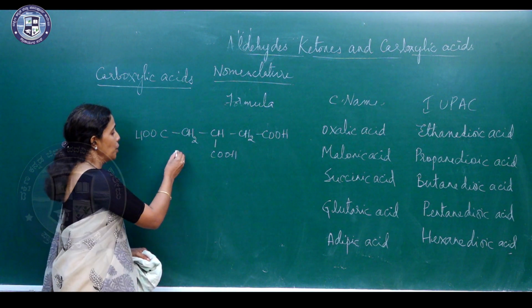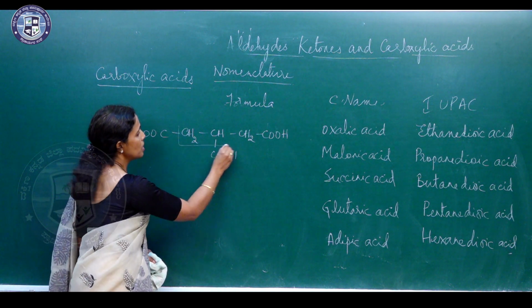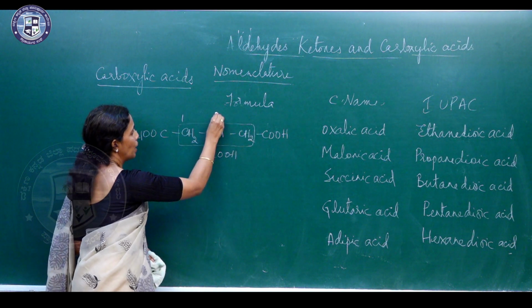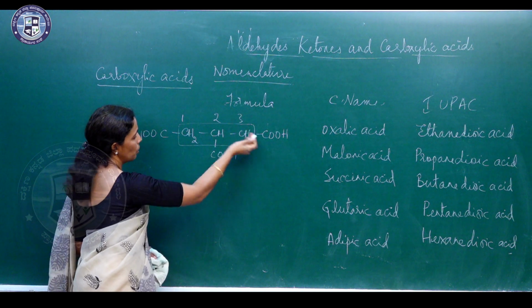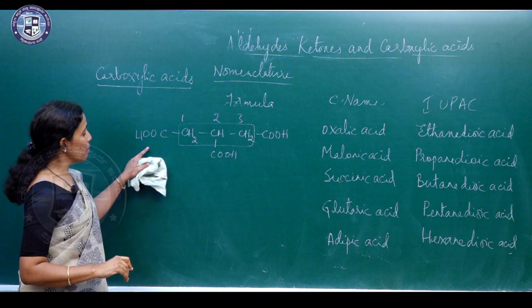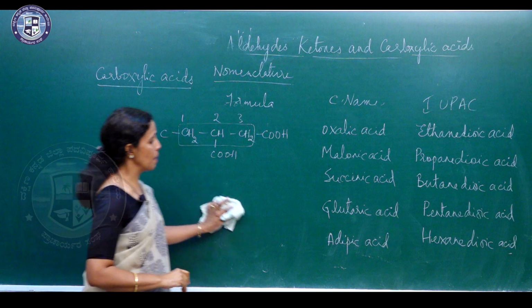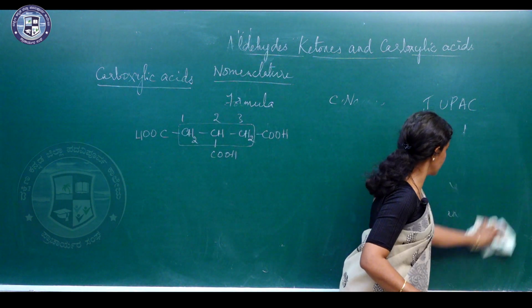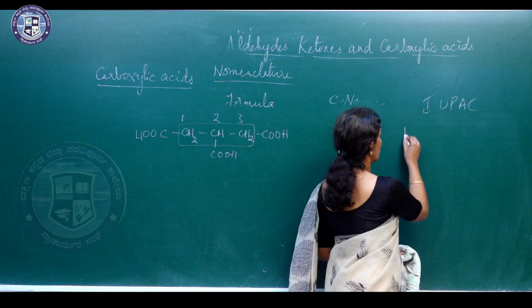So, what you can do is you can consider this propane chain and then we will number it 1, 2, 3 either from this end or from this end, and we will name it as propane. The IUPAC name is